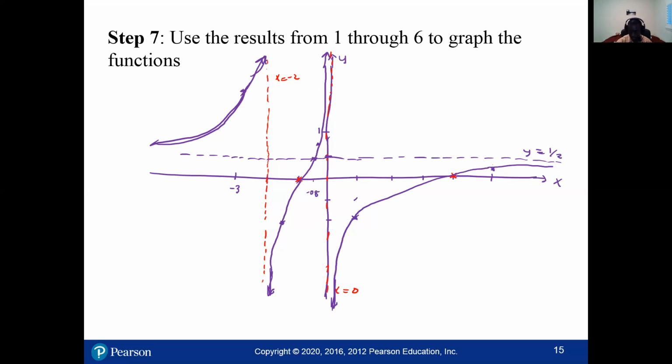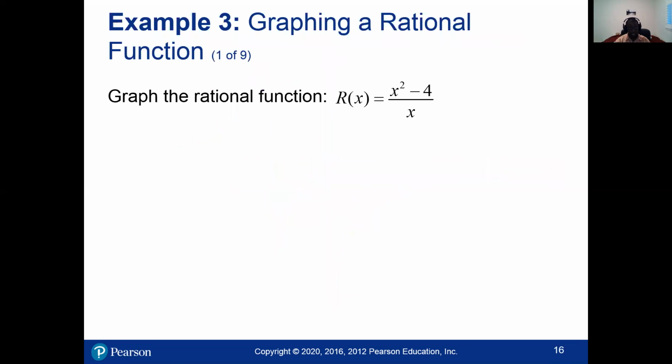Okay, very good. Now let's look at the next example. That is graphing this function: R of s is equal to s squared minus 4. So we go through similar steps. Step 1, we factor. The numerator is a difference of two squares. So that's why we have x plus 2 times x minus 2, divided by